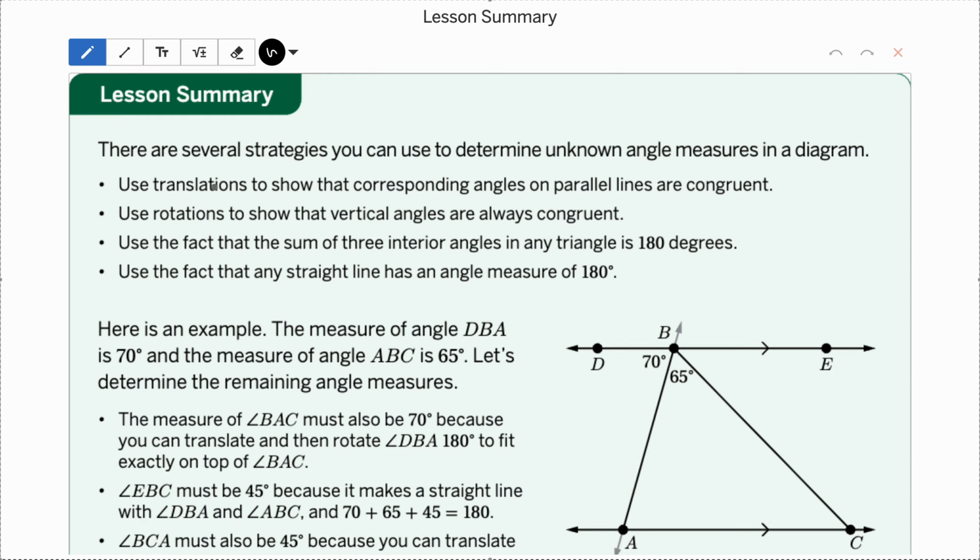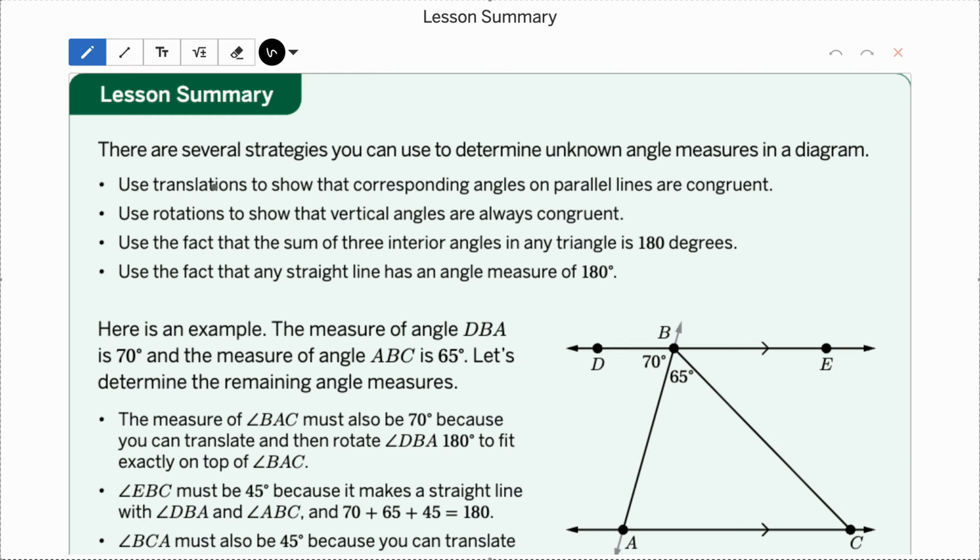DBA, right here, is 70 degrees, and the measure of angle ABC is 65 degrees. Let's determine the remaining angle measures. The measure of BAC, right here, must also be 70 because you can translate and then rotate DBA 180 degrees to fit exactly on